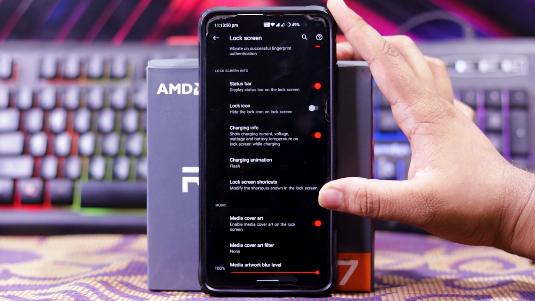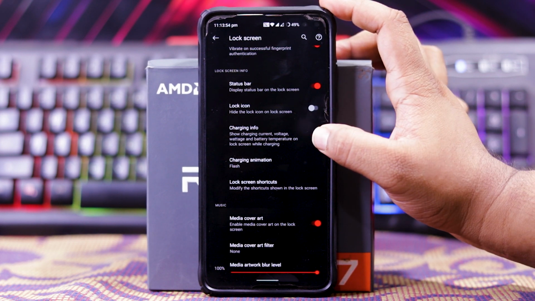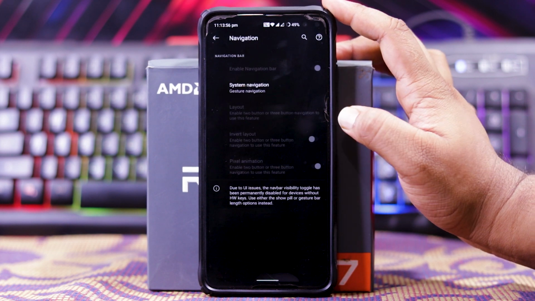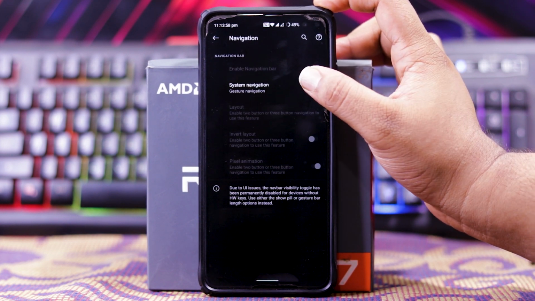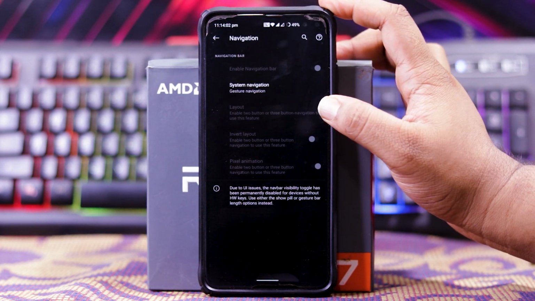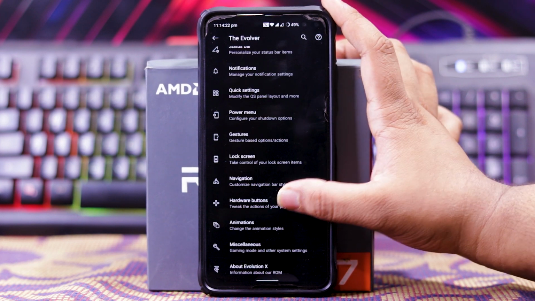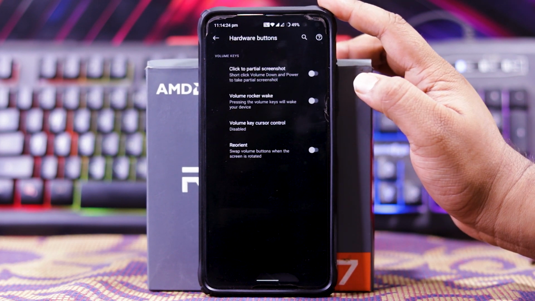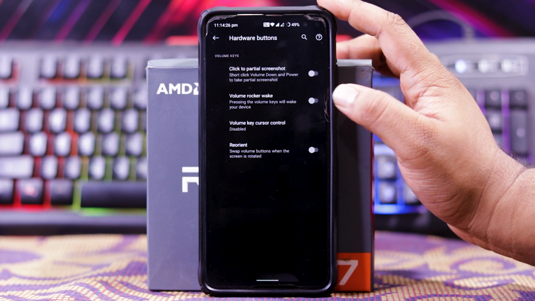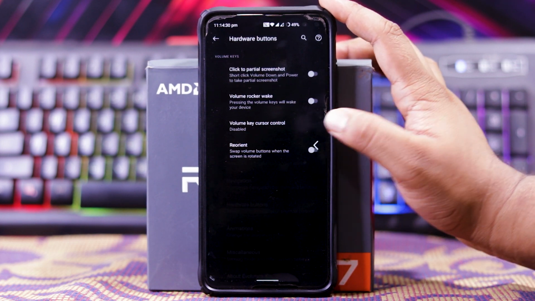In music you get media cover art filter and media cover art blur level. In navigation you get enable navigation bar. And in system navigation you get the same options. Then you get layout, invert layout, and pixel animation for hardware keys. In hardware buttons you get click to pause a screenshot, volume rocker wake, volume key cursor control, and reorient volume buttons.